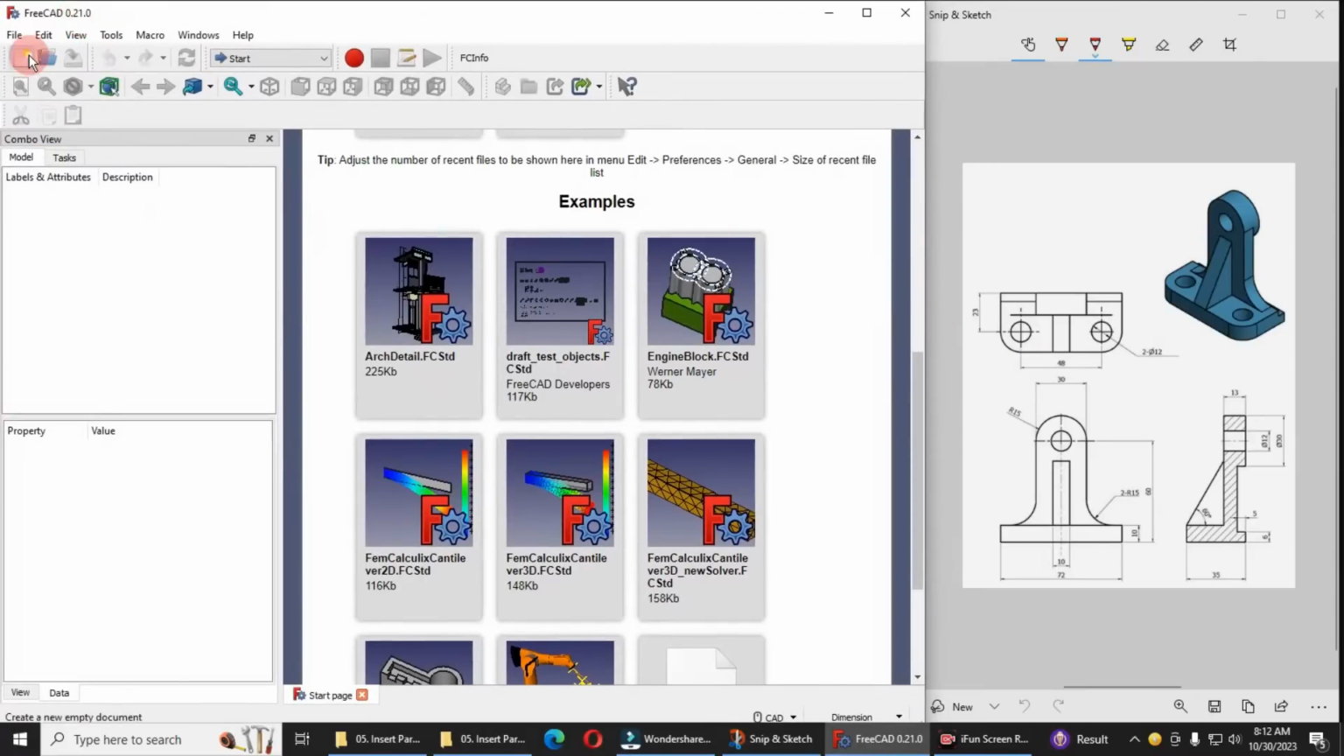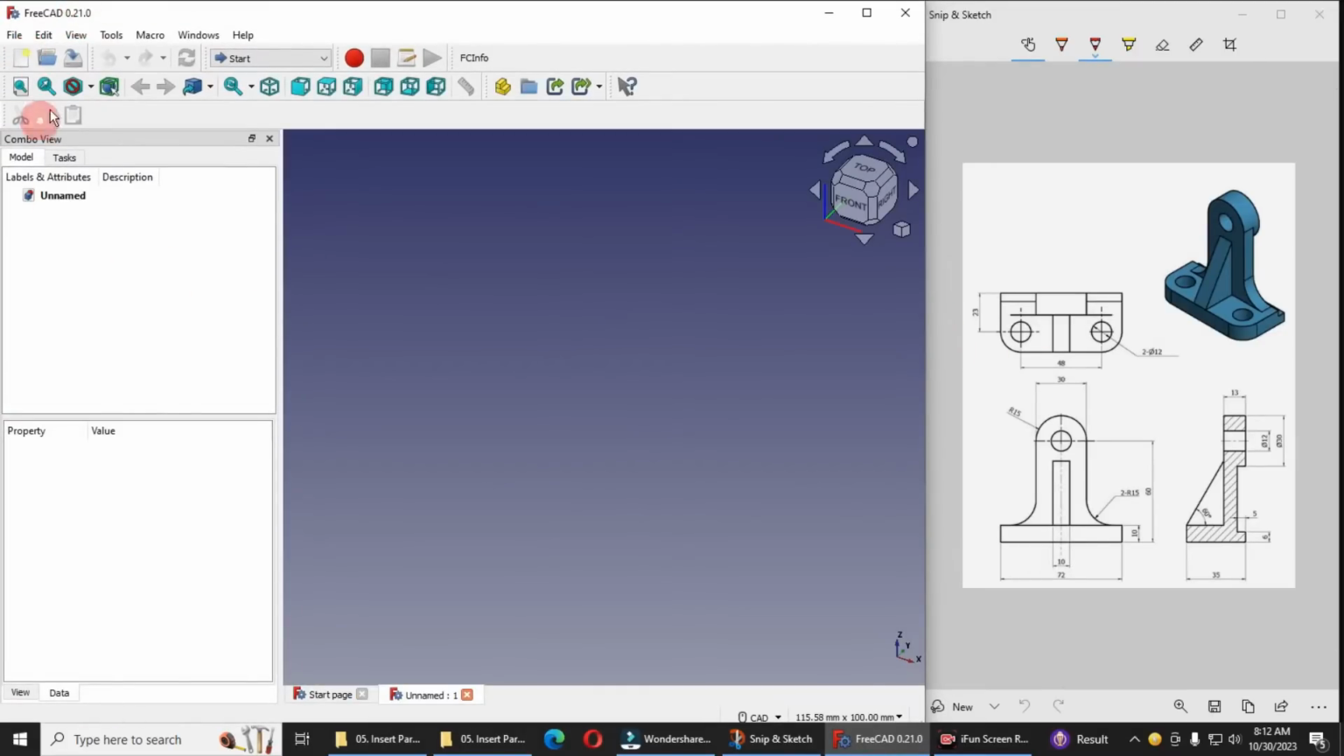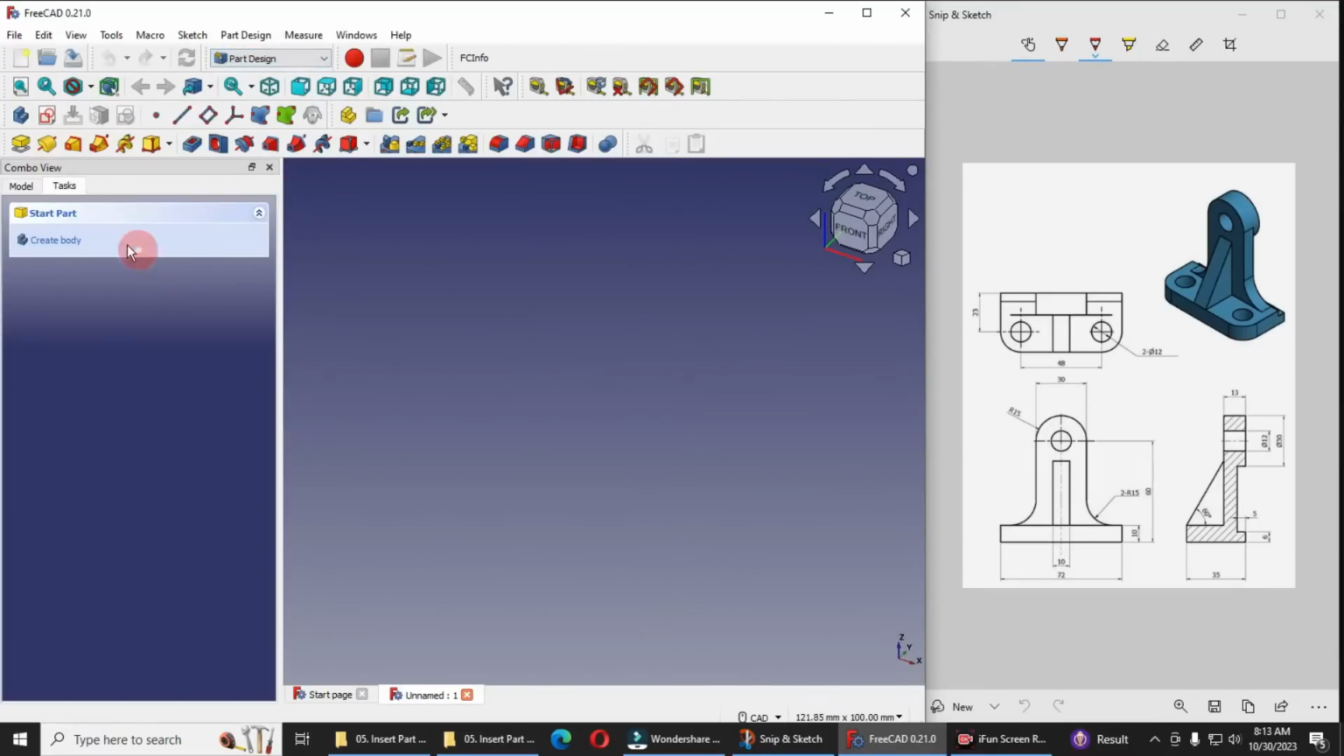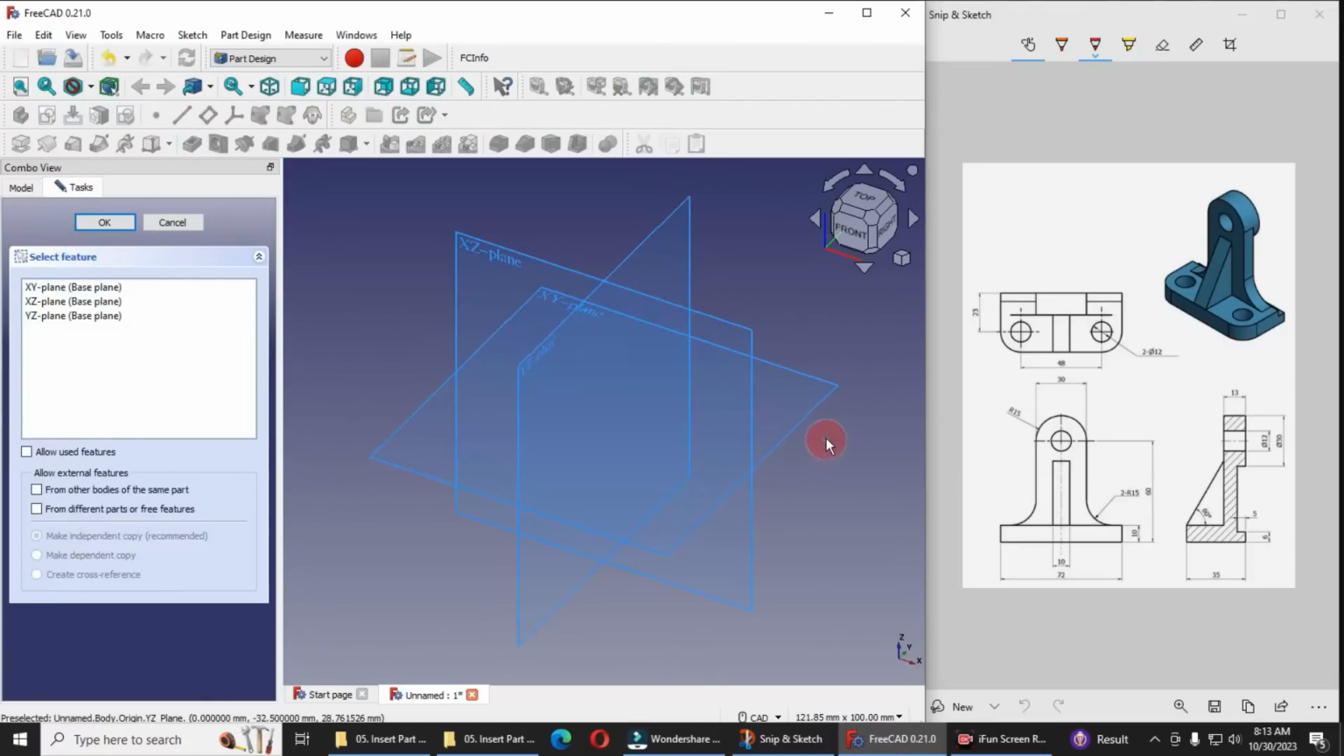So first I will create a new file and I will switch to the Part Design workbench. I will create my body and then create a sketch, and before creating the sketch we will select the right plane to model our part. So for this we will first create this base feature. So for this we will select this XY plane,